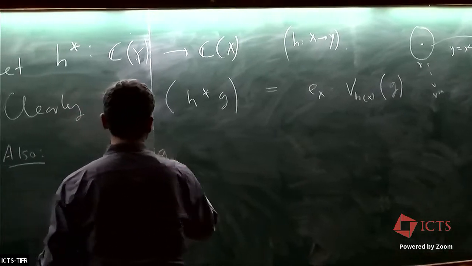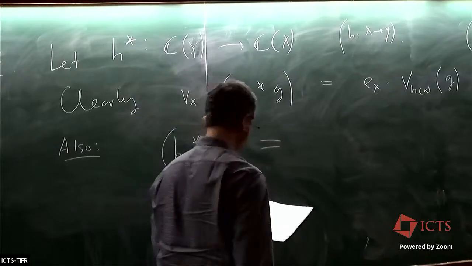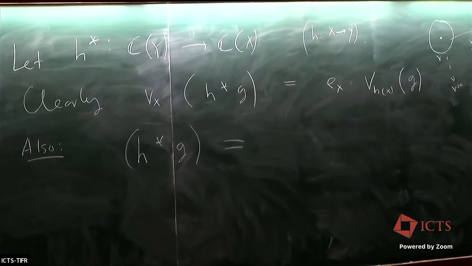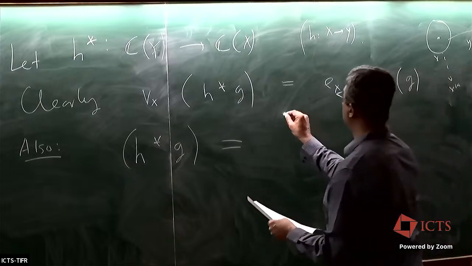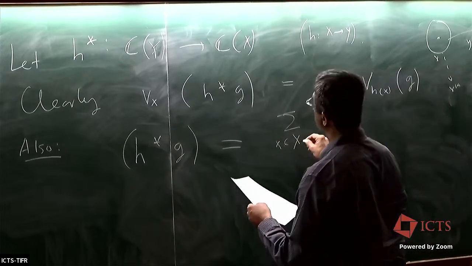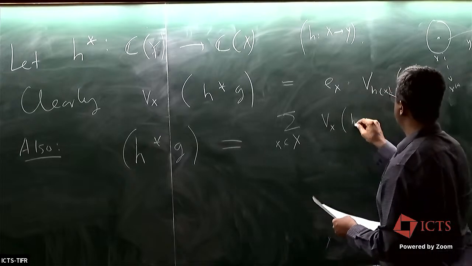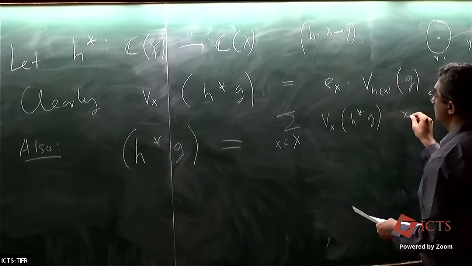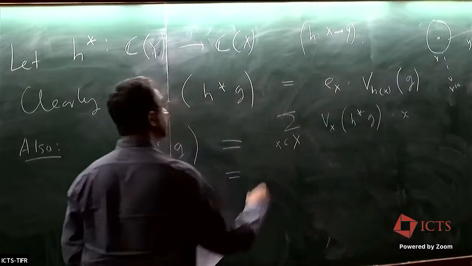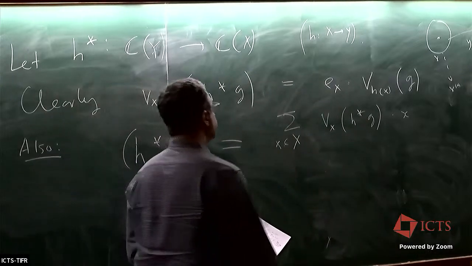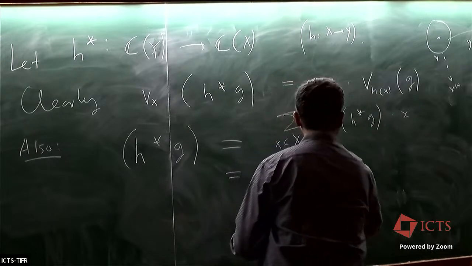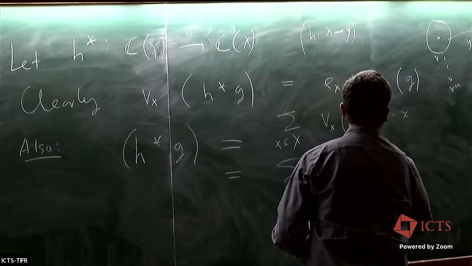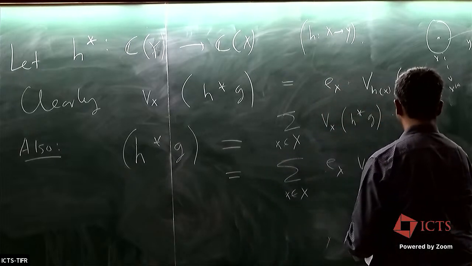What is the divisor of h star g? So g was a meromorphic function on Y. h star of g is a meromorphic function on X. Let's look at its divisor. So a small computation. So by definition, it is of the form sum over x of vx of h star g times x, right? That's what the divisor is. Order of vanishing at all these points. Use this formula above here. You can write this as sum over x of v of h of x of g times x,